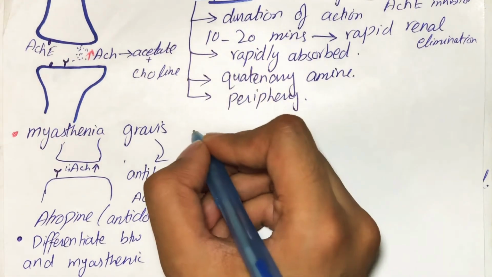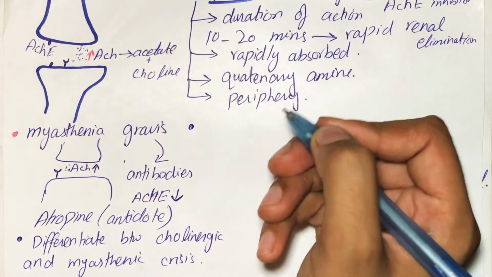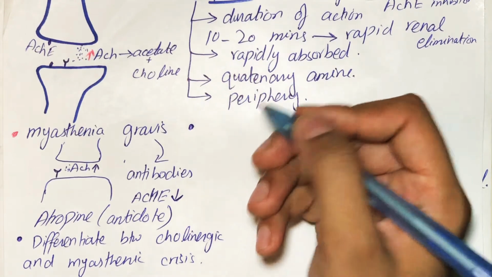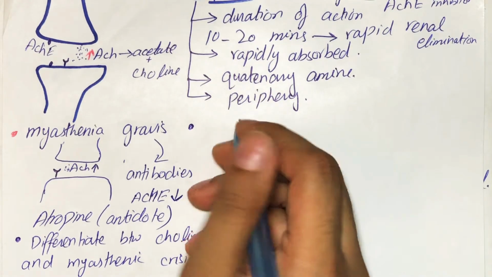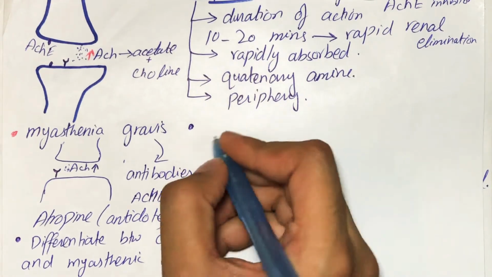And third one is, it is also used for reversing the effects of non-depolarizing neuromuscular blockers after surgery, because we give such agents to our patient during surgery to provide muscle relaxant properties so that surgery could go on easily. But after surgery we need to reverse this condition, so we give Edrophonium so that it could reverse the condition. So the reversal of the relaxing condition is contracting.